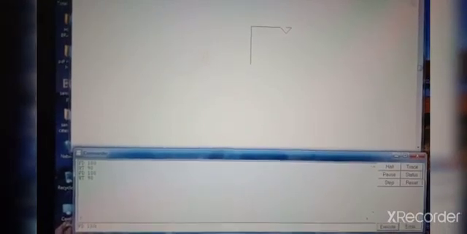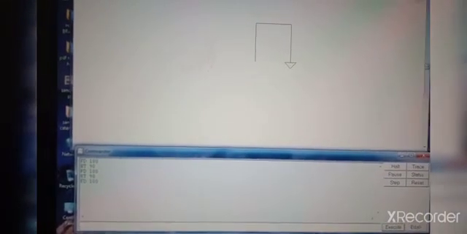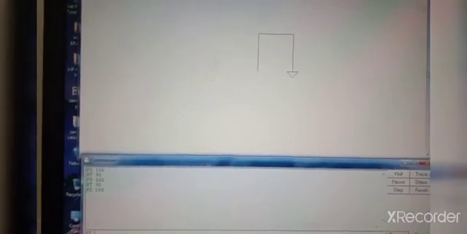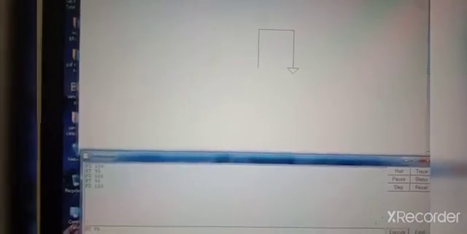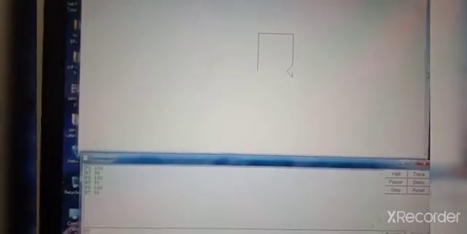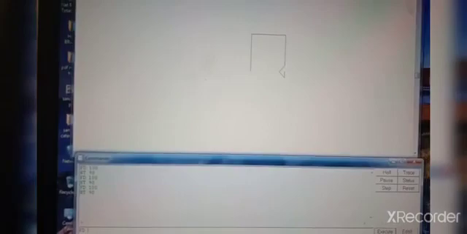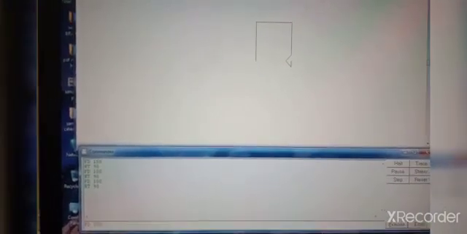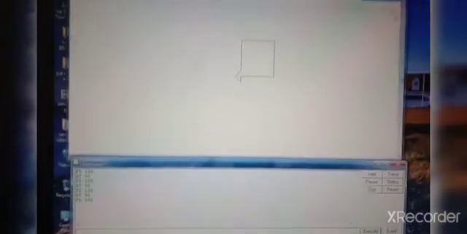FD space 100. Enter. Now again which turn you will take? Right turn. RT space 90. And again move ahead 100 steps. FD 100. Enter. This is your square.